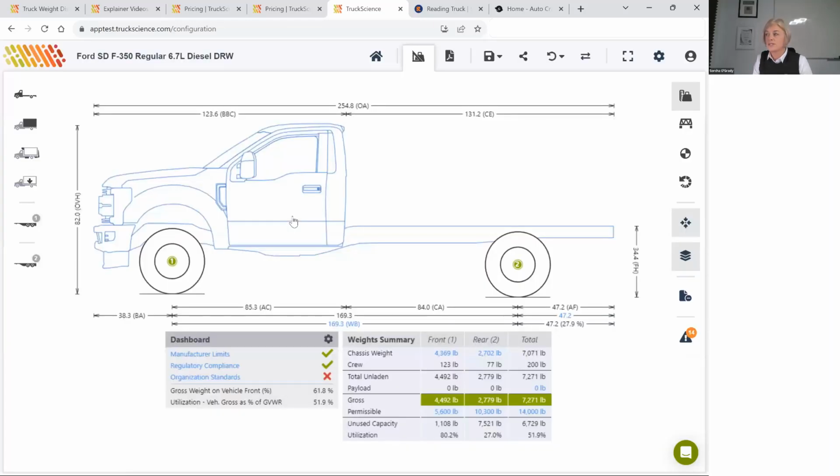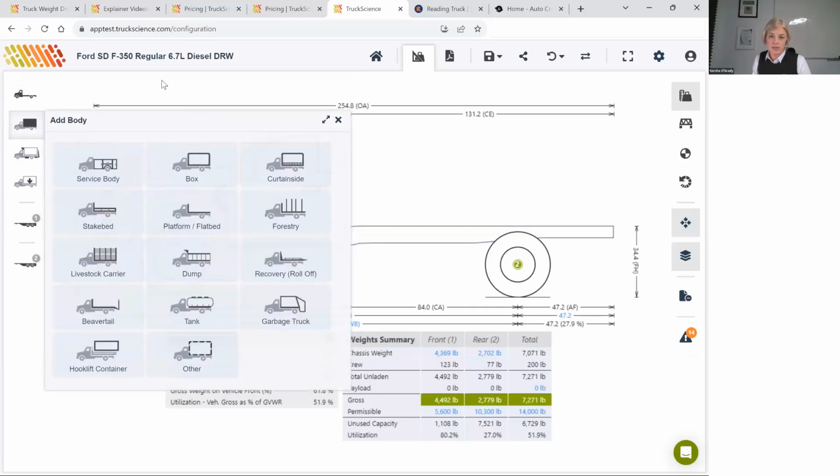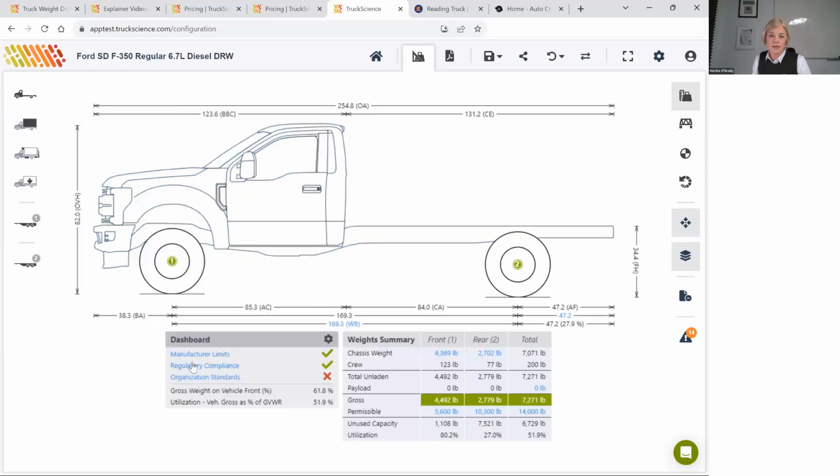So a little bit of orientation here just to show you around. All of the inputs go in on the left here. We've got vehicle, body, equipment, payload, attributes on the left-hand side. There's a compliance dashboard here below the cab, and that just shows you if you're complying with manufacturer limits, regulations,